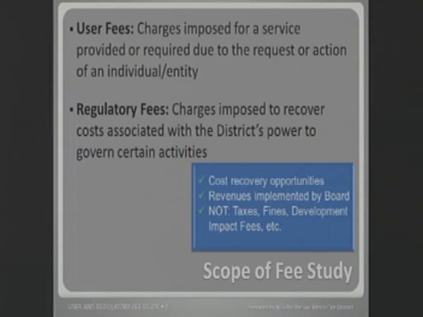Overall, these are cost recovery opportunities. They're implemented by the board, and we're not talking at all tonight about fines, development impact fees, I think what you guys call the capital facilities fees. That's not what we're talking about tonight, and we're not talking about taxes. So